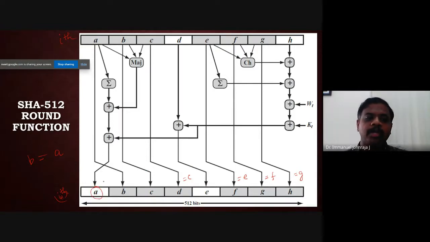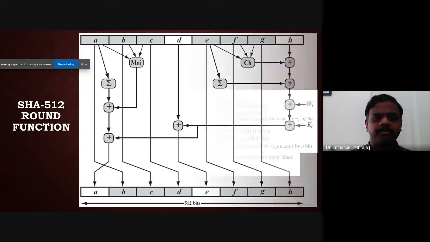A is going through multiple changes. A lot of calculations are happening to A, and C is actually B. C does not go through much change. B is actually A, that is also not going through change. E goes through some calculations. So mainly A and E go through severe changes. Lot of changes are happening, and then you get the final value. Now we need to find out the function or the formula for A and E and the other values. Let's move on.